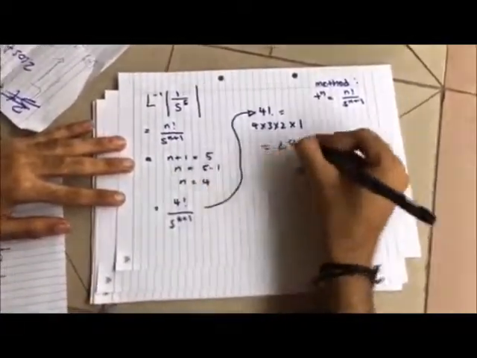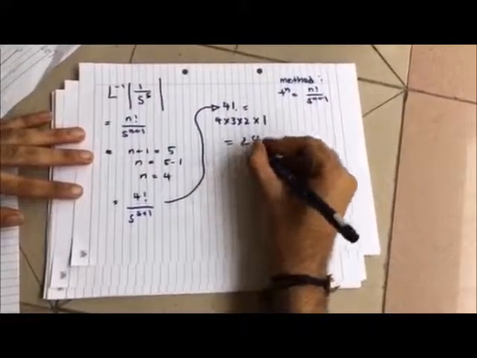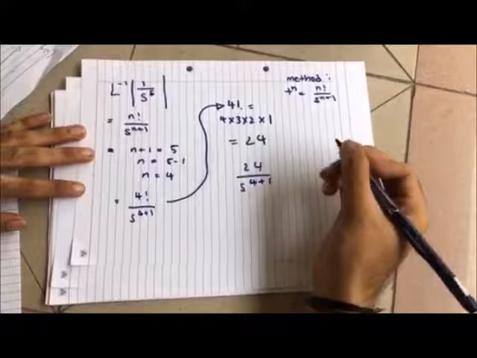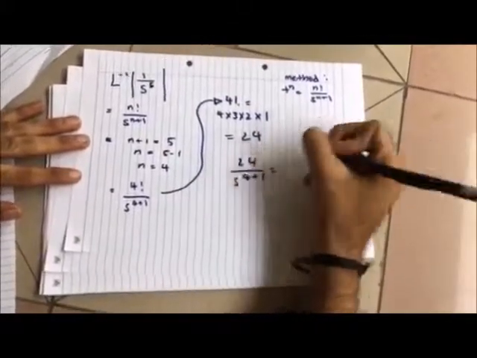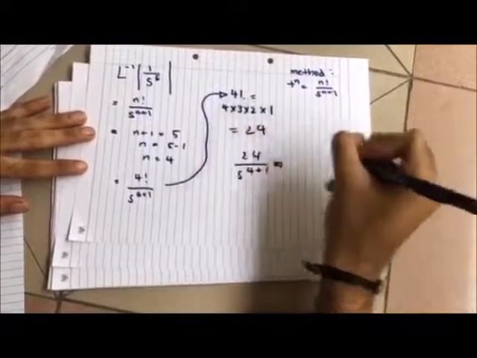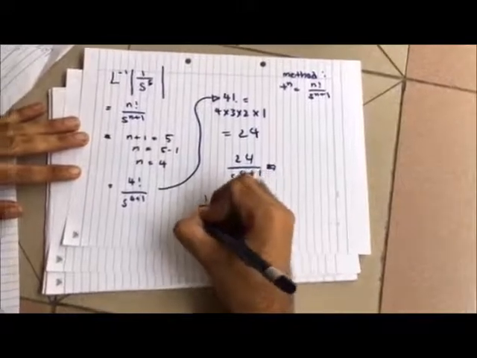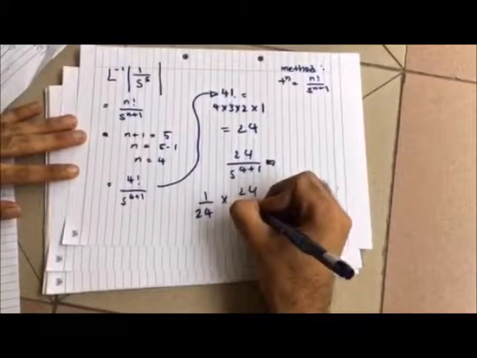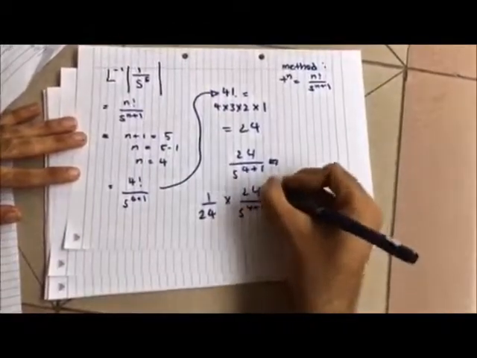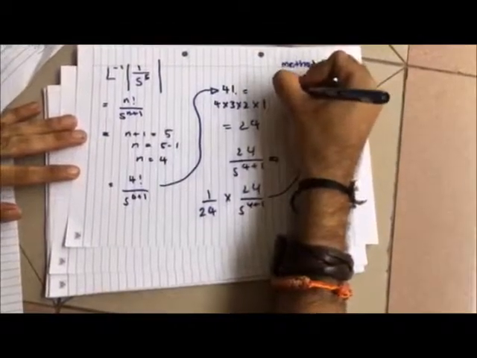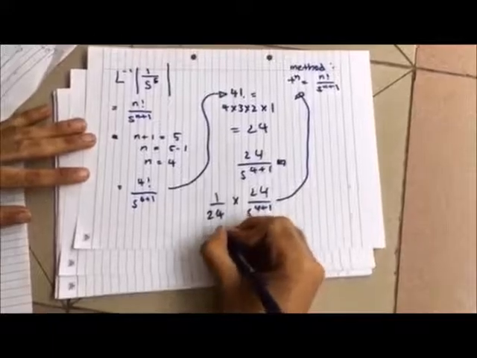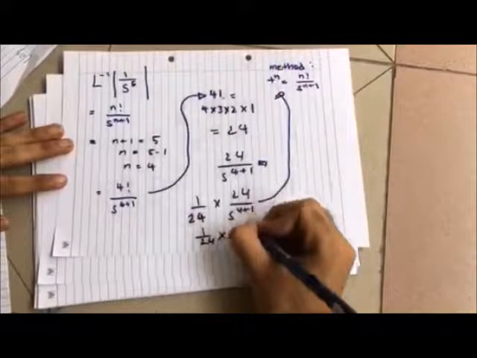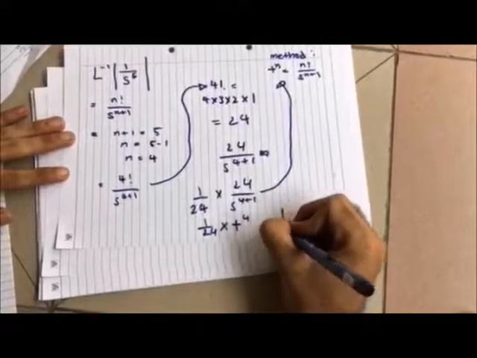So if we substitute 4 factorial, we get 24 over s to the 4 plus 1. How do we move it there? So simple: we just divide by 24, which means 1 over 24 times 24 over s to the 4 plus 1. And what does this mean? Straight back to the method. It means 1 over 24 times t to the n, which is 4. So we get 1 over 24